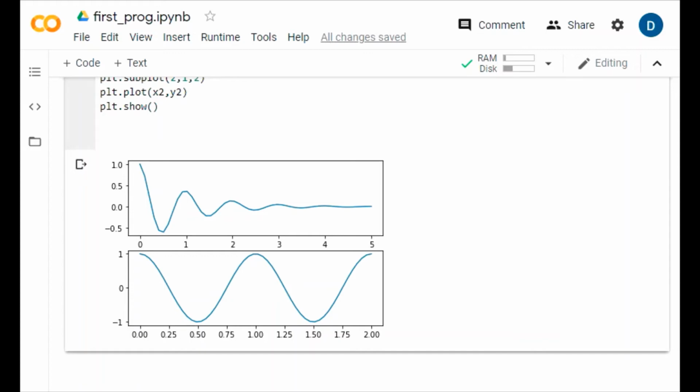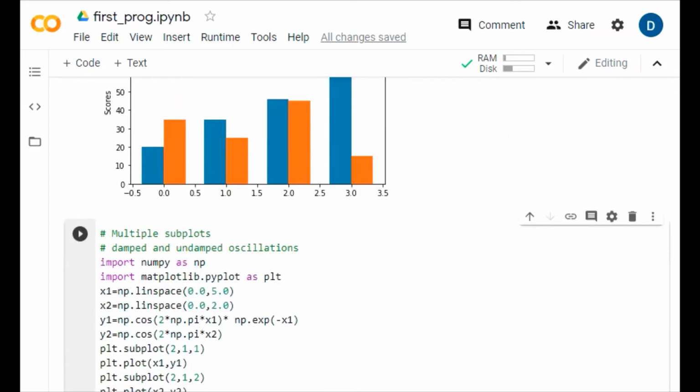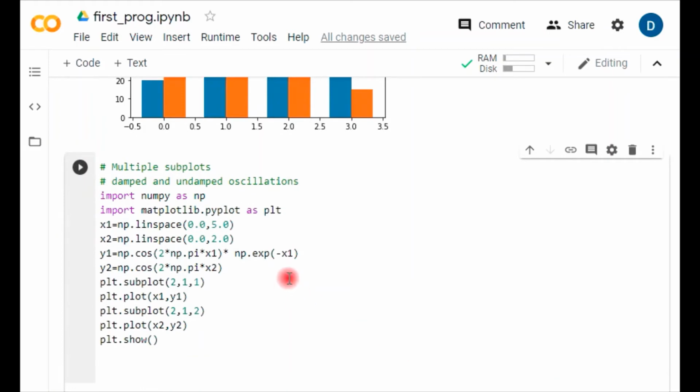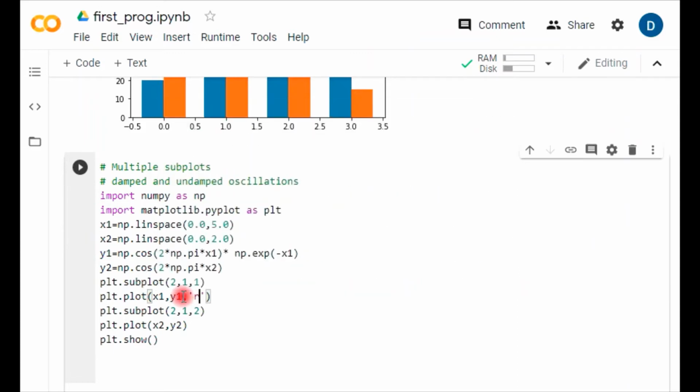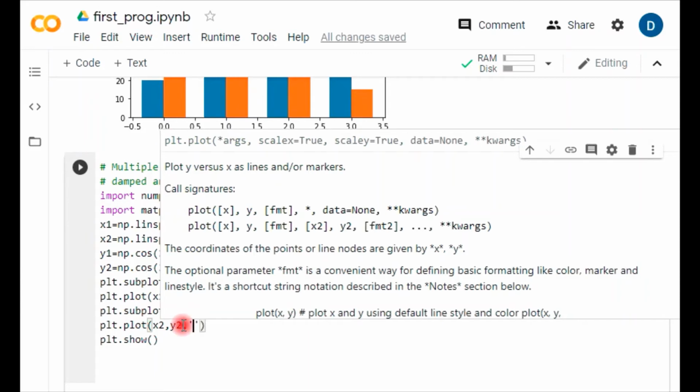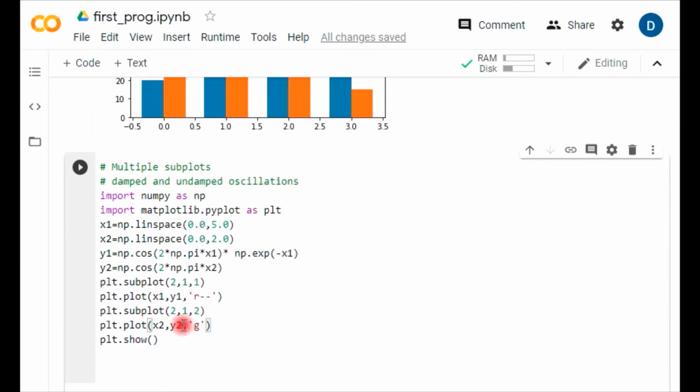Now we can add some more attributes to this. Suppose I wish to give some title to this, which I have already told you in my previous tutorials, but here I am also including it for convenience. Suppose I want to create it like something. So I want to give this a red color, and the red color should be used with this dash. Similarly, for the second one I wish to give the green color with the symbol O. And let's check what difference we get here.